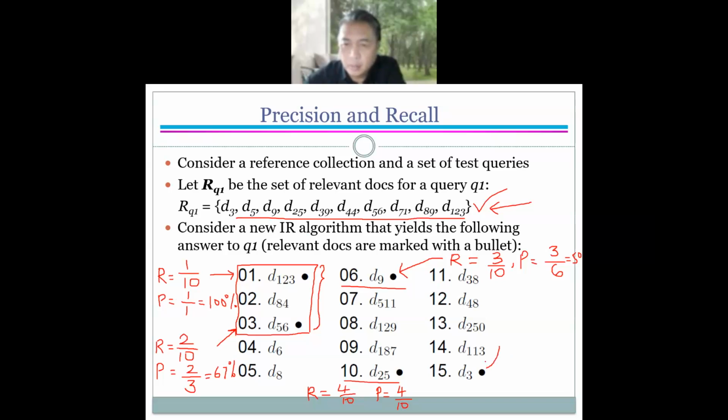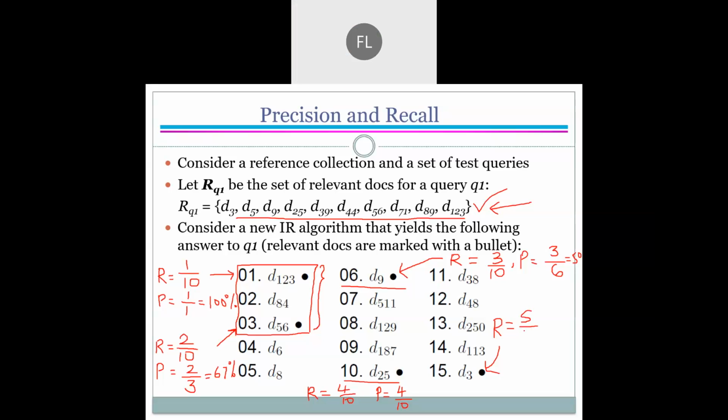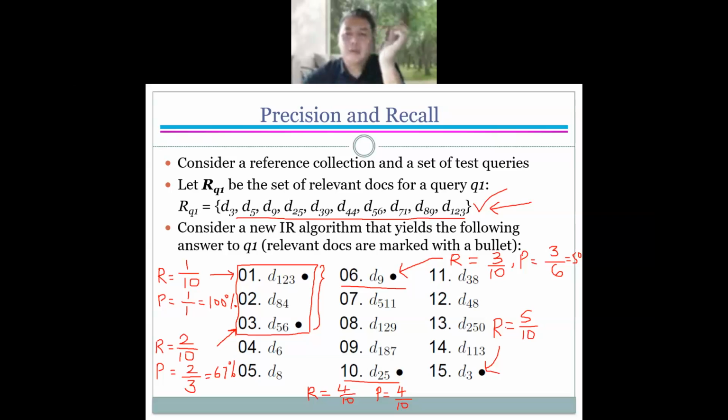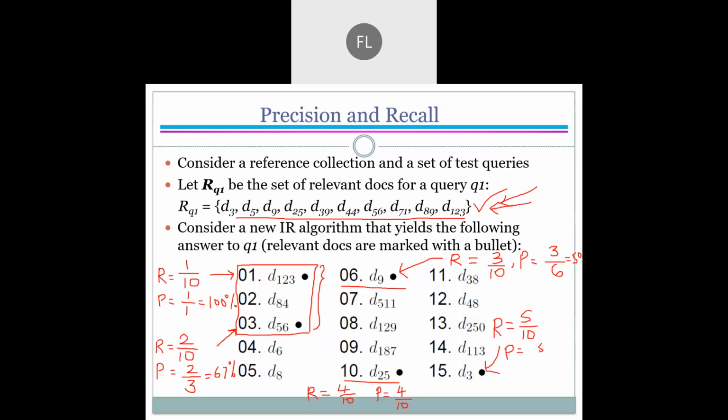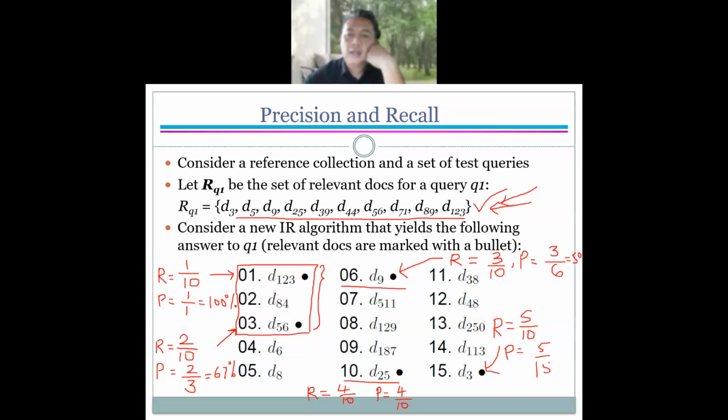Okay, last one, this one. What is the recall? Five over 10. Because recall, we only look at this. And okay, for the precision, 5 over 15. Yeah, 5 over 15. Okay, so